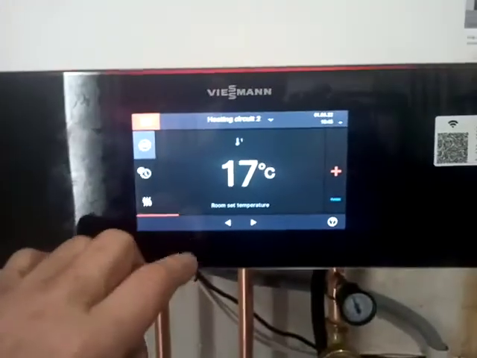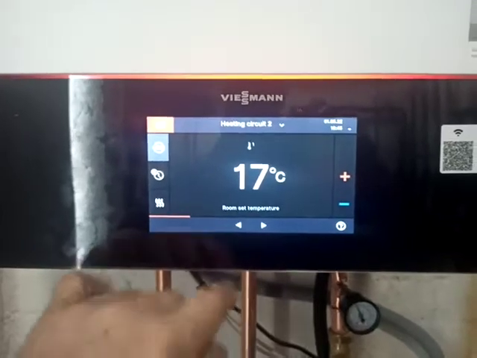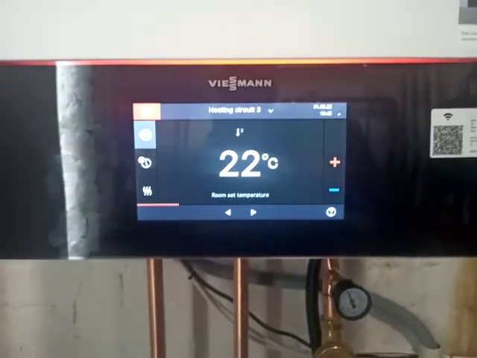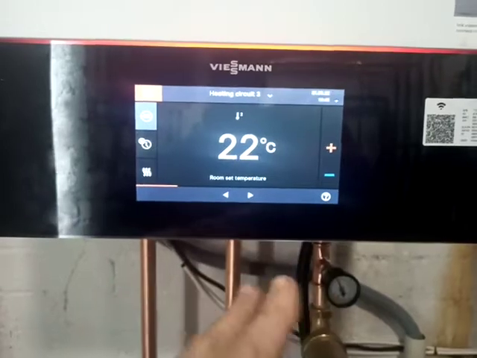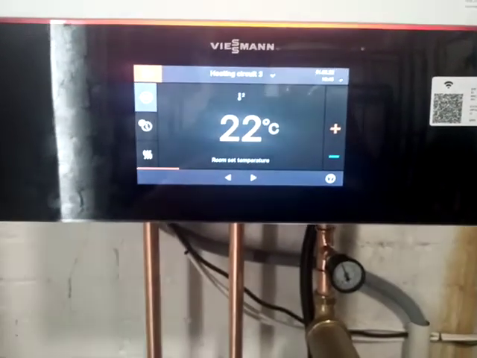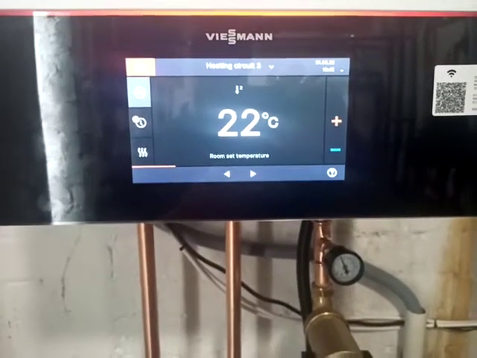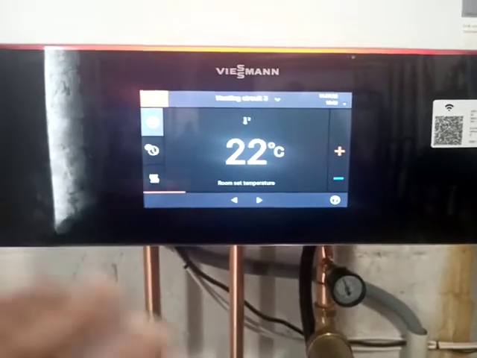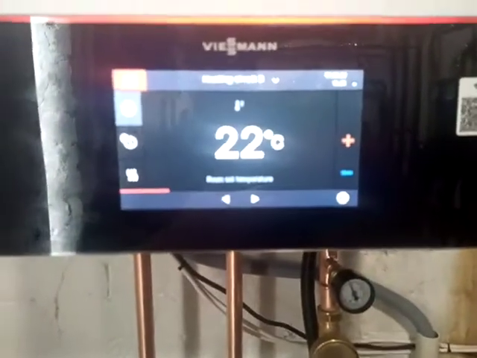So, right, settings on the boiler. Here we have heating circuit 2, which is our radiator circuit, set to 17. And if we go into heating circuit 3, we can see we've got that set to 22 for the rooms provided by the underfloor heating. Now, they've been used to very high temperatures on the underfloor because the old control system didn't work very well. It was a Vaillant control system and the system hadn't been configured properly and just wasn't working. So they were getting quite high temperatures. So we're going to wean them off those high temperatures, and I think we'll get down to about 20 eventually on the underfloor heating system.